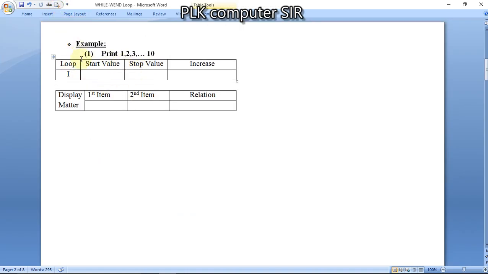Example 1. In example 1 we have to display 1 2 3 up to 10. So the start value is 1 and the final value, you can look here, is 10. The start value is small and the stop value is bigger, it means there will be an increase, so increase by 1.